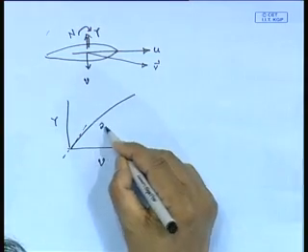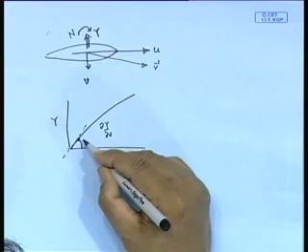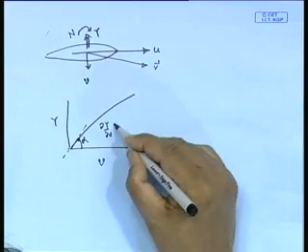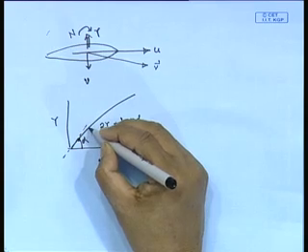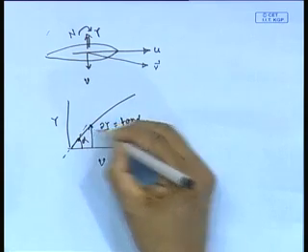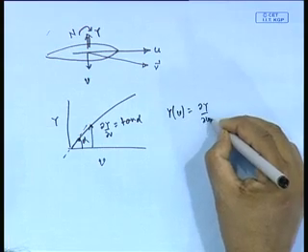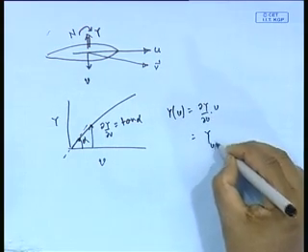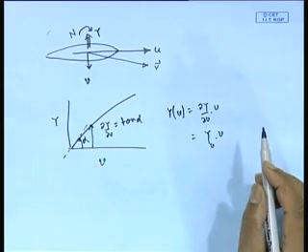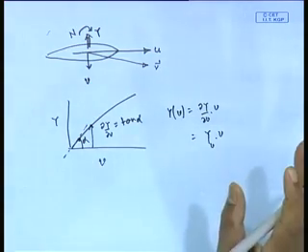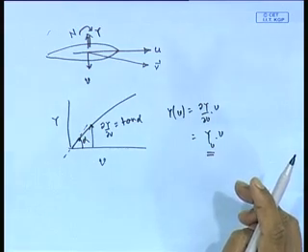What does it give me? If I want to find the value of Y at v, then it is going to be dY by dv into v, or Y_v into v. This is the linear approximation of the force. So, these terms, which are hydrodynamic forces,